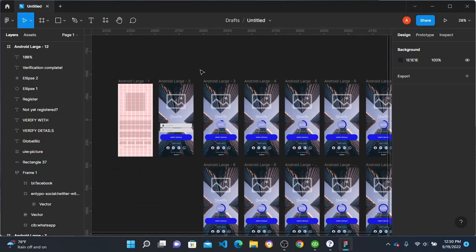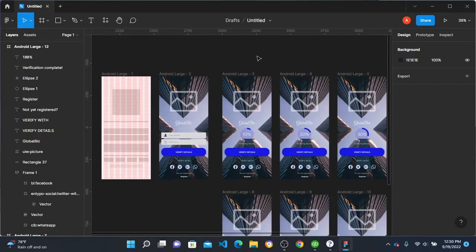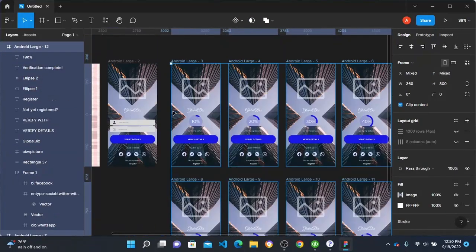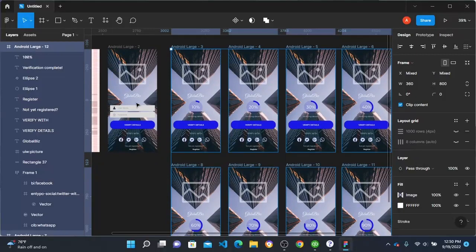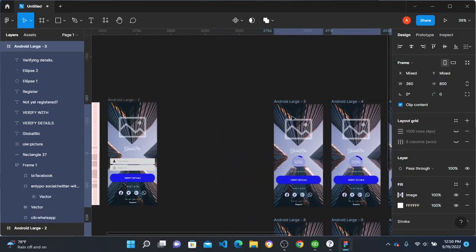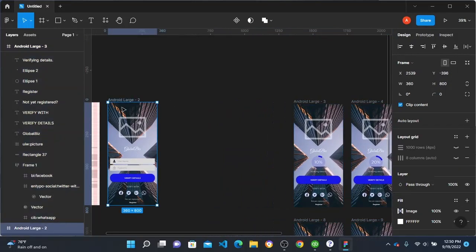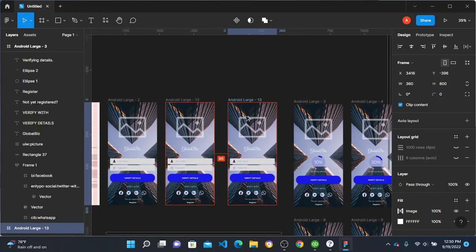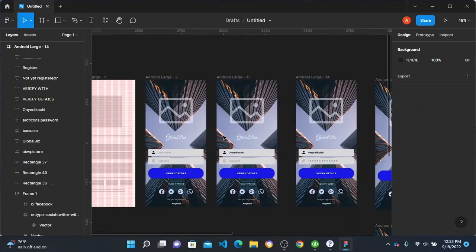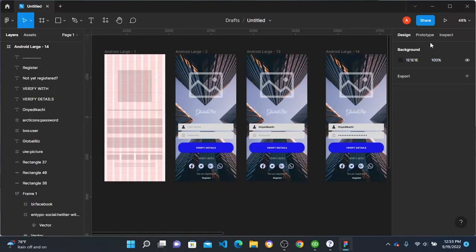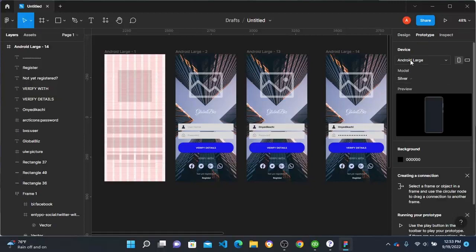And to do this, okay, I may have two screens. Duplicate this and I duplicate this. Let me now prototype this. So if I'm going to go to prototype,